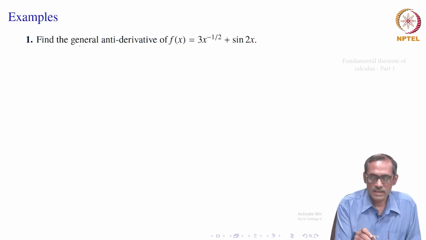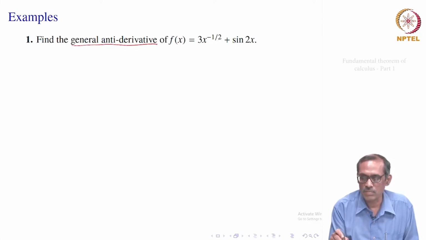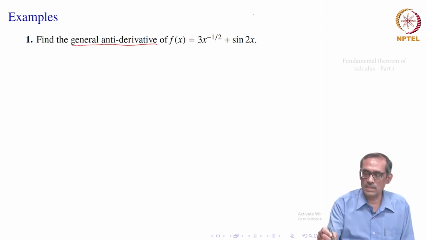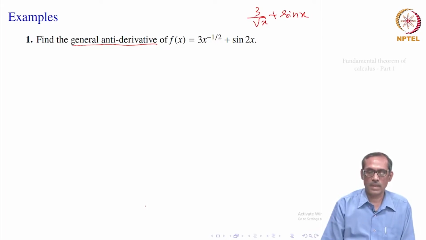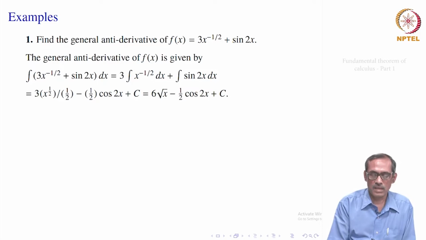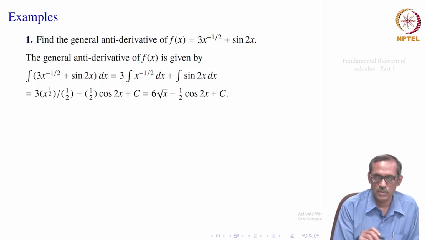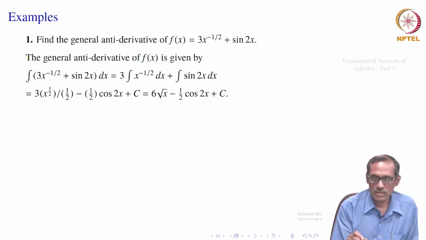We want to find in the first example the general antiderivative of f x, that means the indefinite integral of f of x equal to 3 x to the power minus 1 by 2 plus sin 2 x. So, it is really 3 divided by square root of x plus sin 2 x. So, what will be its general antiderivative? We go back to the property of linearity. So, we have the integral of 3 x to the power minus half plus sin 2 x equal to, by the linearity property, 3 times the integral of x to the power minus half dx plus